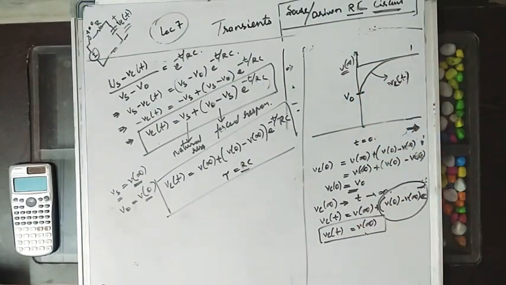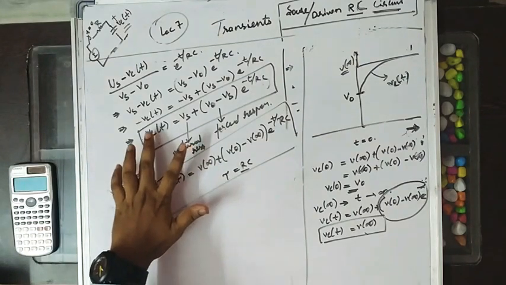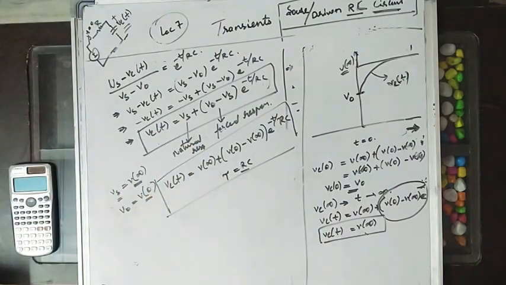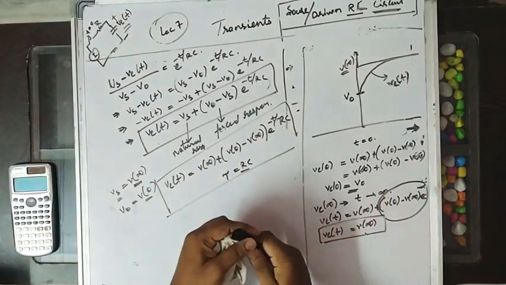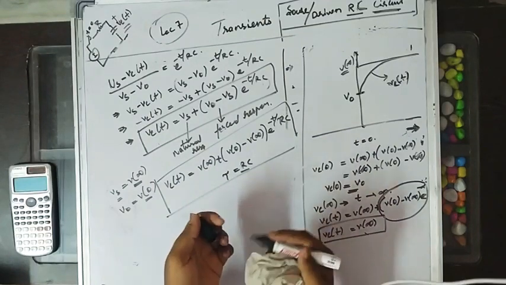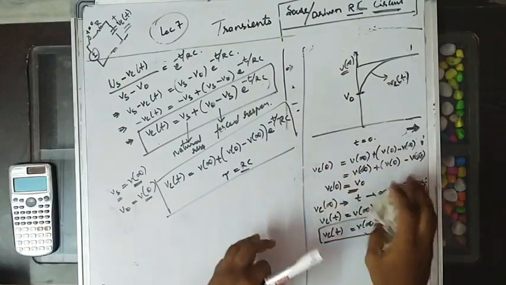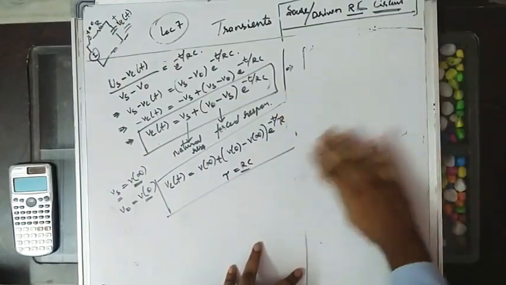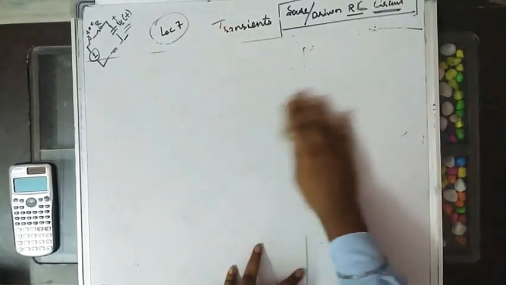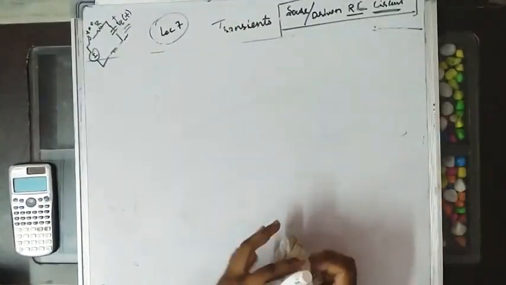So without wasting much time, we'll go to one simple problem. There you need not draw all these mathematical characteristics; we just use this formula. Based on this formula only, we'll solve the sums. Solving these steady state and transient sums is very easy by knowing the conditions, like the steady state condition. You need to know what the voltage across the capacitor is. So this is about the final value.